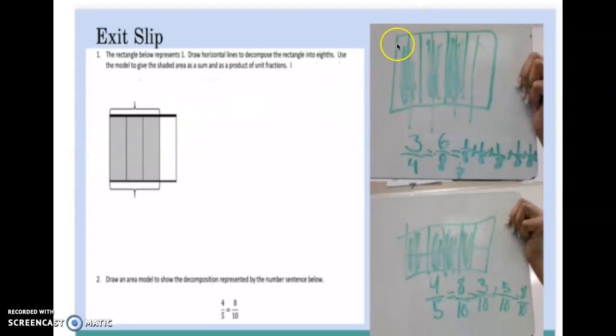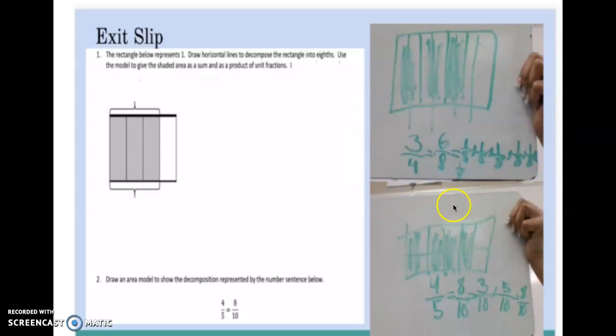Now, students can draw the lines down like this, or they can draw them in half. But this is a really great way to find the equivalent fraction and was a kind of manipulative that students could use to actually see the fraction itself. And you'll see that this student did a really nice job of also representing the original fraction and its equivalent fraction through a sum of unit fractions. This is something that we had been working on a lot, and it shows that the student was really